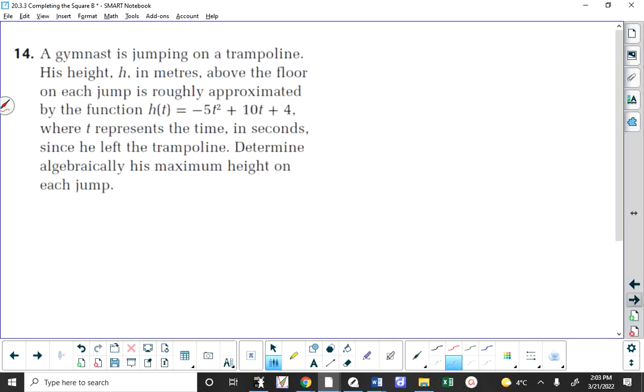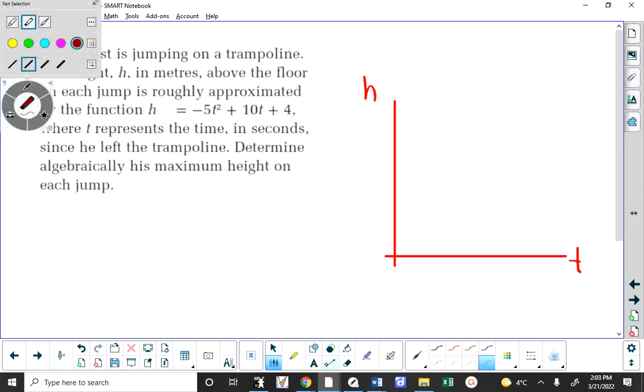A gymnast is on a trampoline. His height is measured in meters and it's given by the variable h. Well, you want to maximize the person's height. You want to find out what their maximum height is. So the thing you want to maximize is y. Why does that work? Because if h is y, and I believe t is x, and you take a look at this function that I'm highlighting,